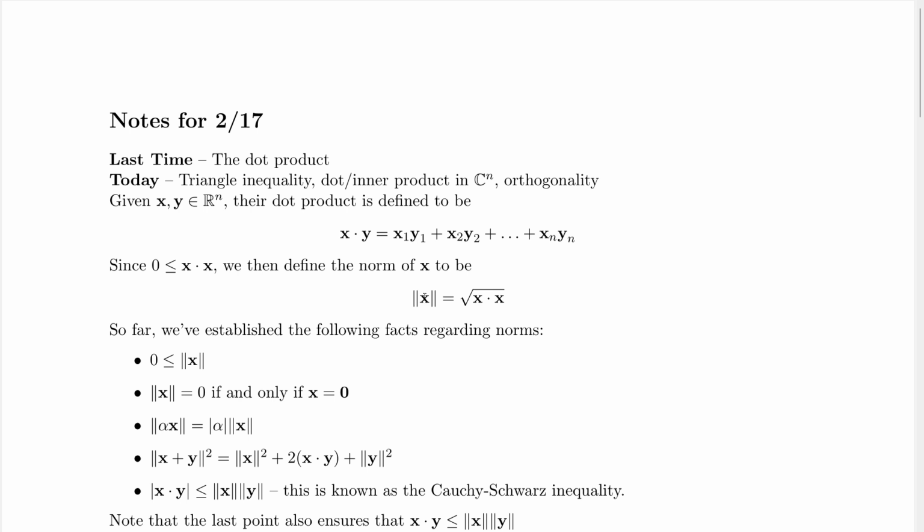Alright, so that's our notion of length in Rn, and we established some pretty basic facts of this, and we note that these facts followed the intuition of what a length should be. It's a non-negative quantity, a length of 0 precisely if you have the 0 vector. Scaling scales the length accordingly. And then we said, well, if you draw two vectors in R2, the length of their sum is the length of the diagonal of the parallelogram, so that should be less than or equal to the sum of the individual lengths. And that's the triangle inequality, but we noted that it's not immediately obvious how to prove that from this